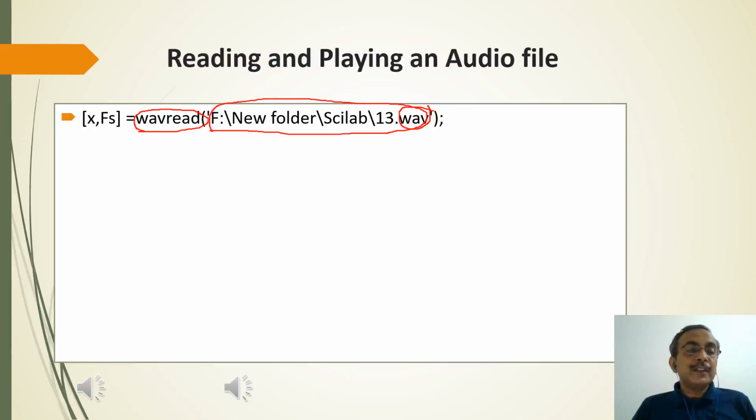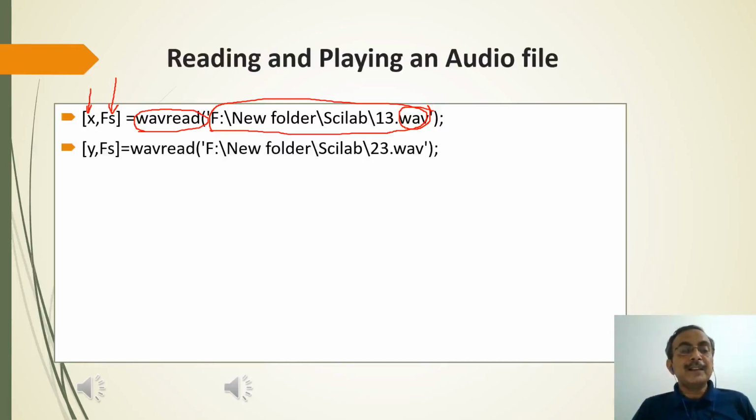It returns the sample values, and it also gives the sampling frequency, the frequency at which this file was actually sampled. And this is essential information, because if we want to play the file, then we should know what the sampling frequency was, that is, the rate at which the samples are to be flushed out to be played. This is another wave file which is being read over here, and then we can play the sound.